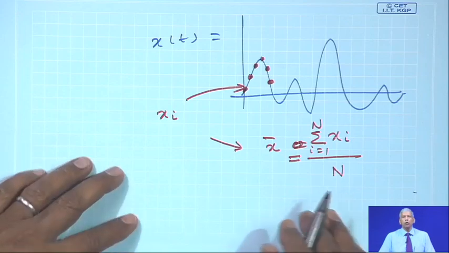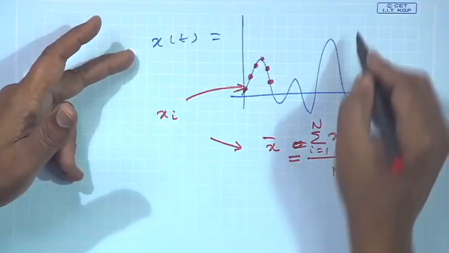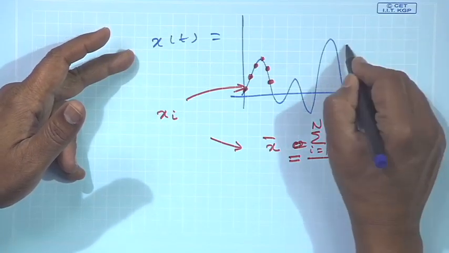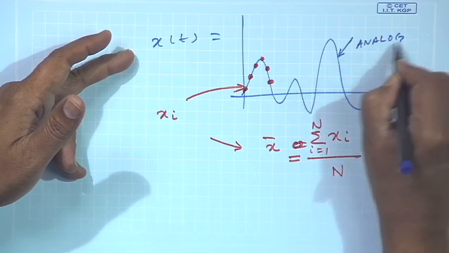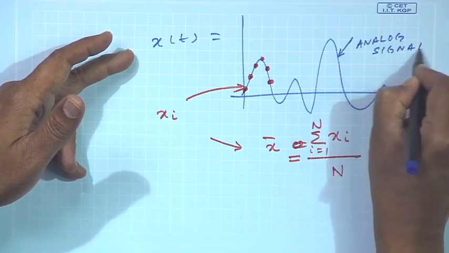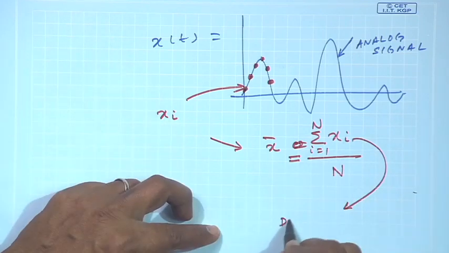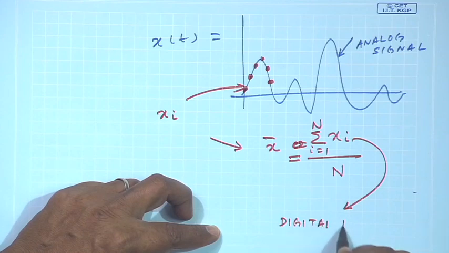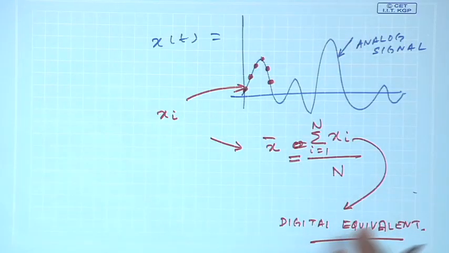So, this is a simple example: here we have the analog signal, and here I have a digital equivalent of that signal. So, the job of ours right now is how to convert this analog signal into a digital signal,